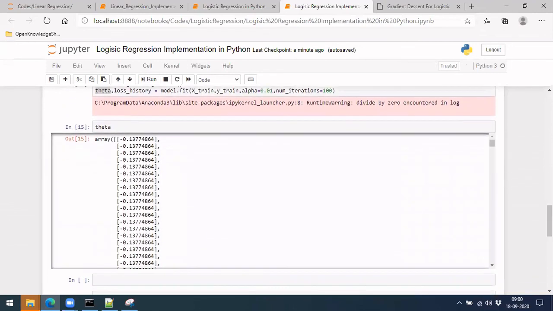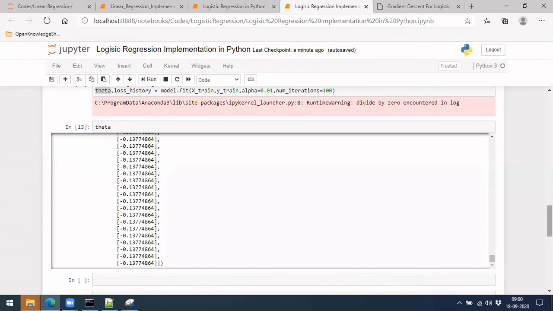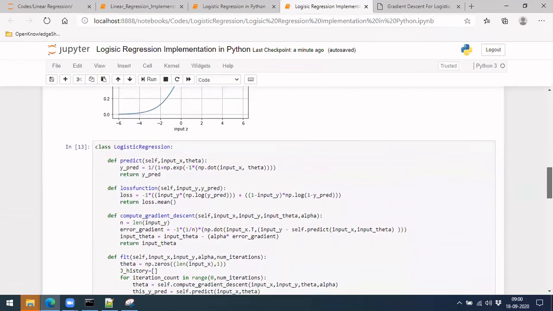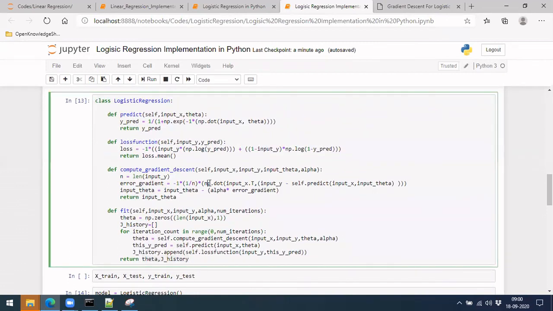If you see our X value, theta has moved to some far place, because we actually missed something. In some place we used X theta and in some place maybe we used a different convention. The entire implementation is correct, with nothing wrong there. Maybe we are doing something wrong with this computation here.